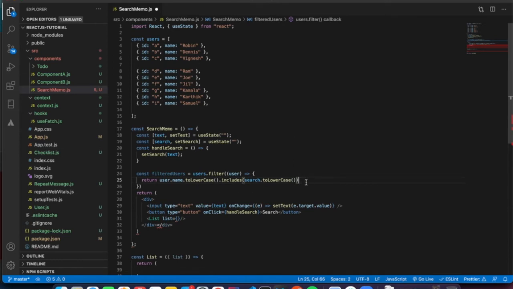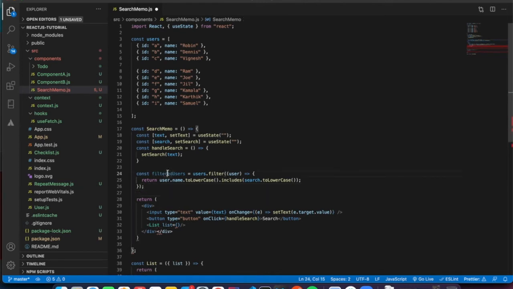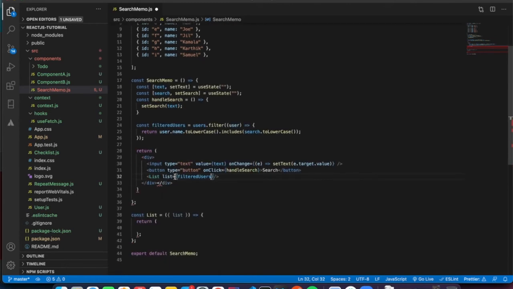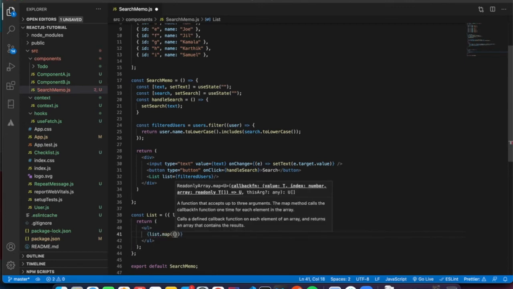So that's it. This function will return an array, so that we are going to pass it down to this list object. Correct? Yeah. So let us define the list as well here. This will be a ul and li, and like list.map of item.